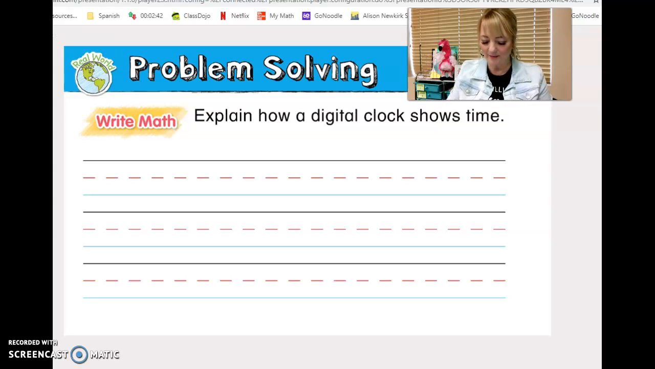Okay, the last part is the writing this time. So please make sure you use complete sentences. Start with a capital, end with a period, and make sure your sentence makes sense. Explain how a digital clock shows time. Please go ahead and write that for me, and I hope you guys can